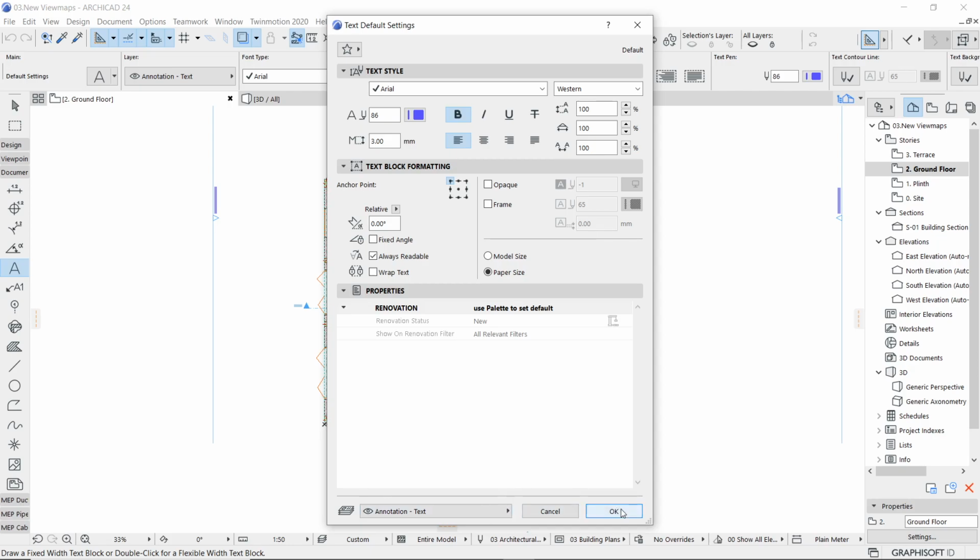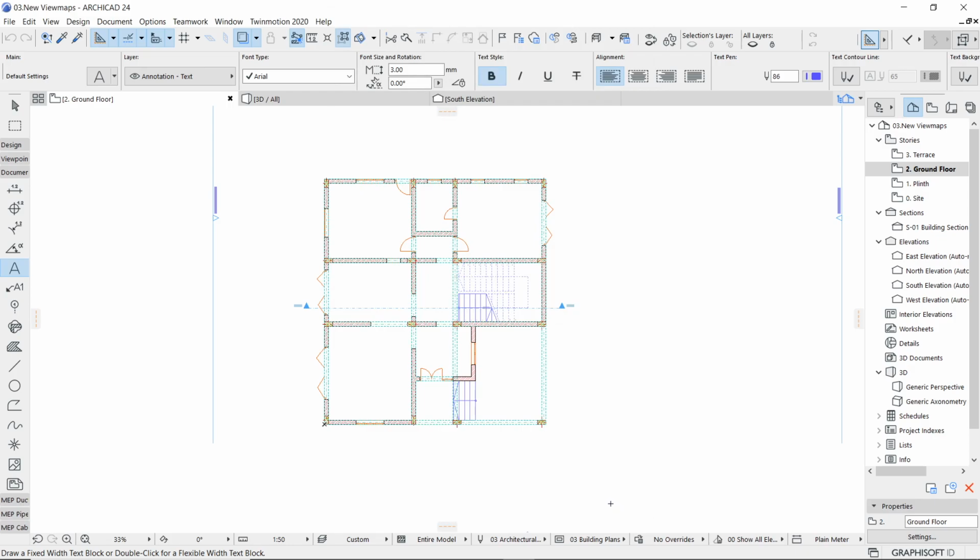Now once you say okay, then reading the lower left corner of your screen is important. Draw a fixed width text block or double click for a flexible width text block. So I'll be using the double click option. That means there is no restriction of the paragraph width. I can write the sentence as long as I want.